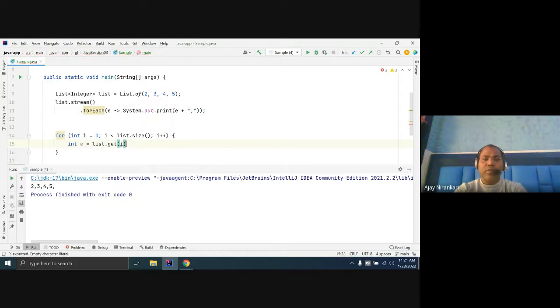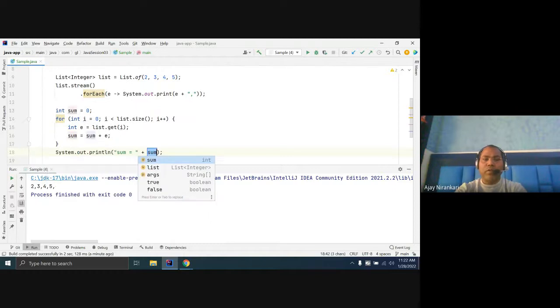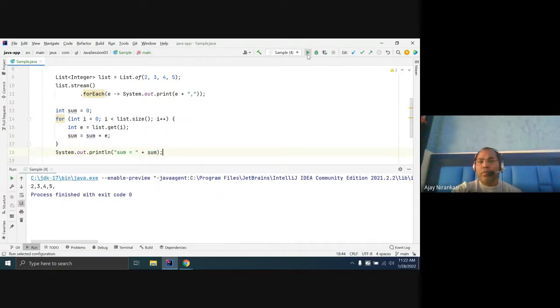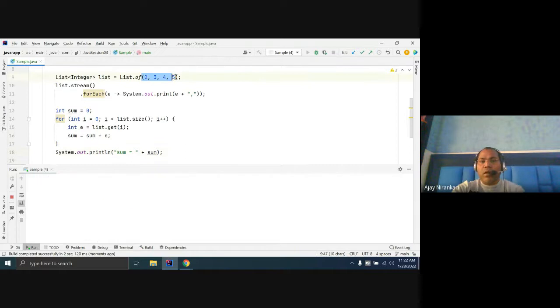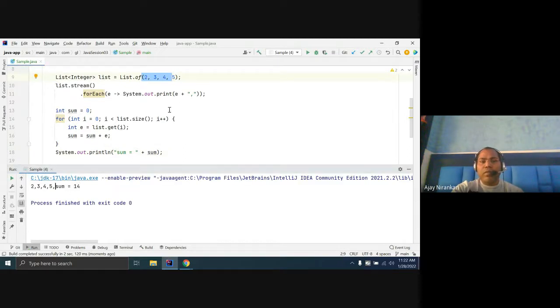Here you have to do some kind of sum operation: sum equals sum plus the element. Before that, you declare a sum variable, sum equal to 0. Then you print out the sum, and you are getting the sum of all the numbers.